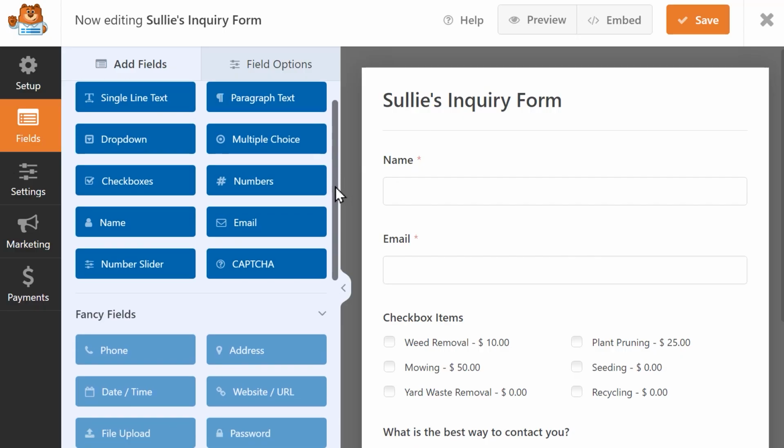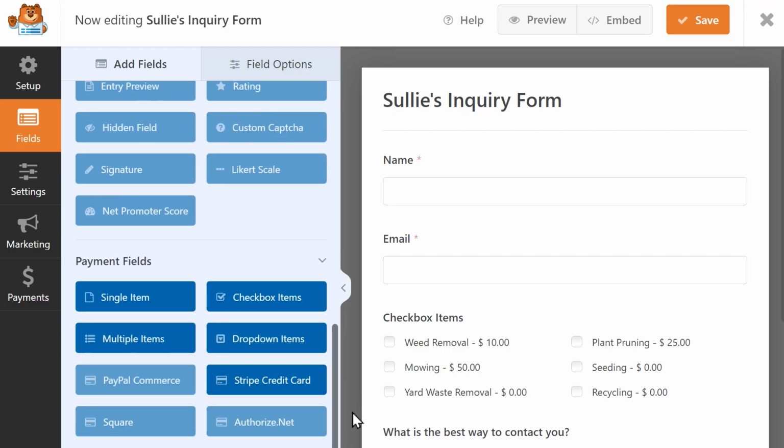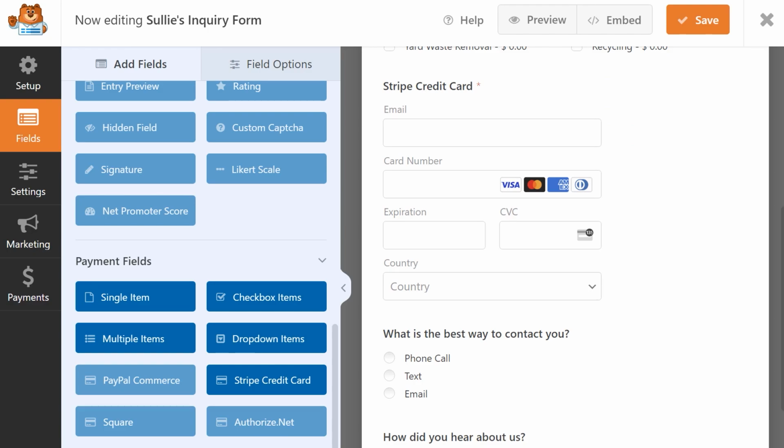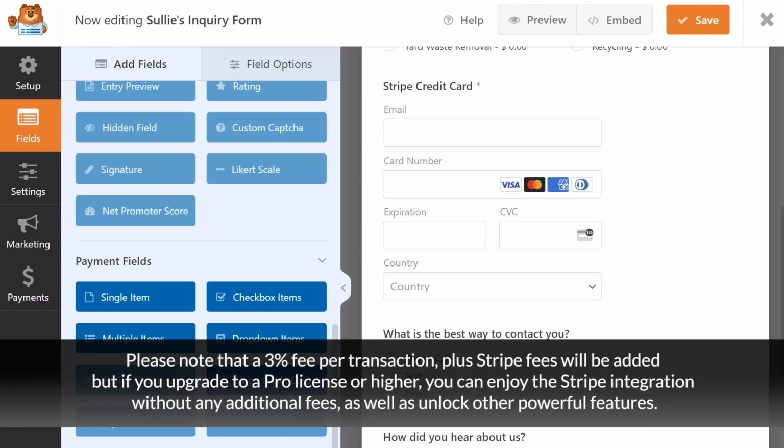After connecting your Stripe account to WPForms, Lite, Basic, and Plus license users will be able to add a Stripe payment field to any form, allowing you to collect payments for any goods, services, or donations you may be collecting. Please note that a 3% fee per transaction plus Stripe fees will be added, but if you upgrade to a Pro license or higher, you can enjoy the Stripe integration without any additional fees, as well as unlock other powerful